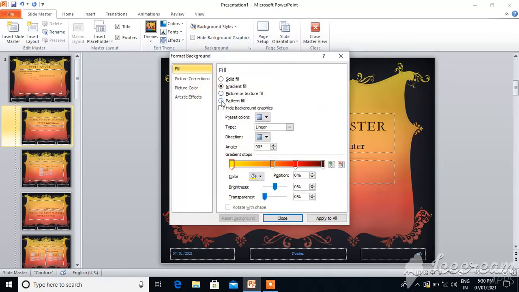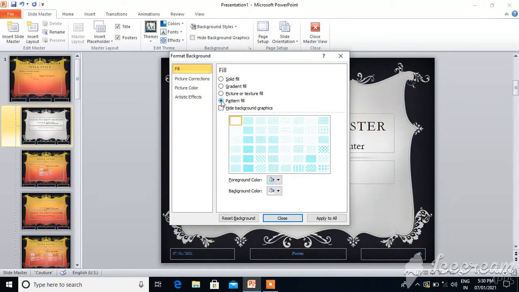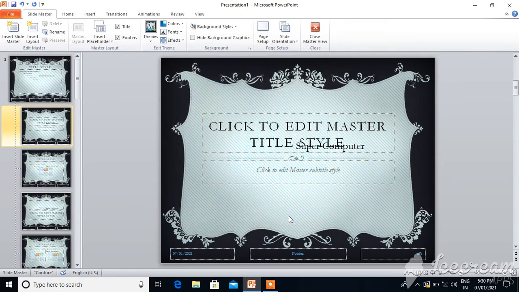Then we will see pattern fill. Okay, now I will select one pattern here, bricks pattern, or I will show you this downward diagonal line. This pattern gets applied to all the slides.